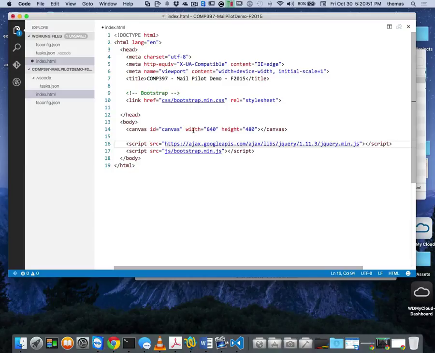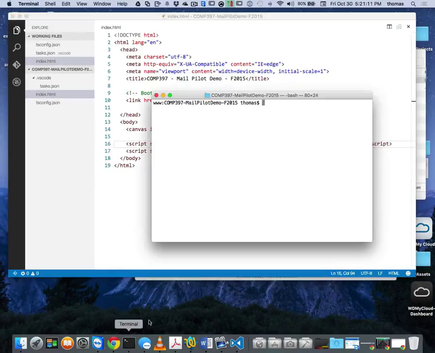So there's a couple ways. We can always go and download everything by hand. But I like to use a tool called Bower, which is one of our ways of getting code. Like right now we have our jQuery right here. I want to install jQuery, but I want it to be local to my folder, right? So we're going to do that. I'm going to pull up my terminal window, and in here, in my COMP397 MailPilot demo,